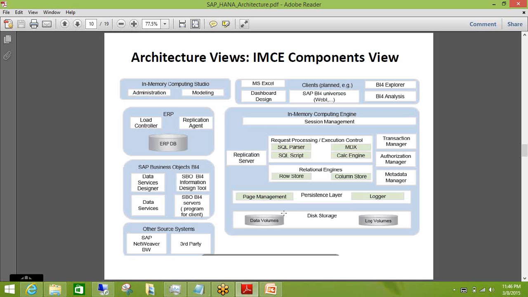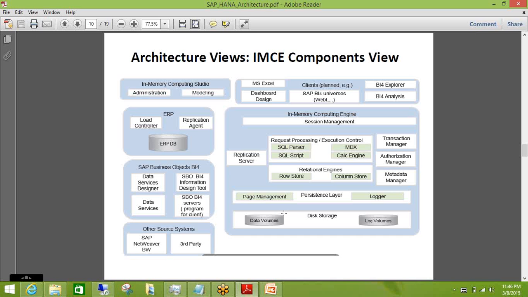Basically, when we are doing any activity, all the activities will be registered there in the HANA server. You remember in the introduction, and I think yesterday also, I repeated the same thing. When we are talking about the HANA component architecture, there are 4 components in HANA. One is called the client tool, which is nothing but your HANA Studio. Second is called your data sources, which is nothing but ECC or BW or a legacy system or a kind of file system.